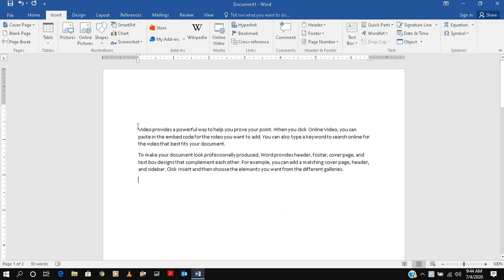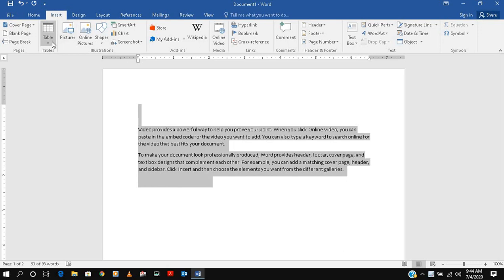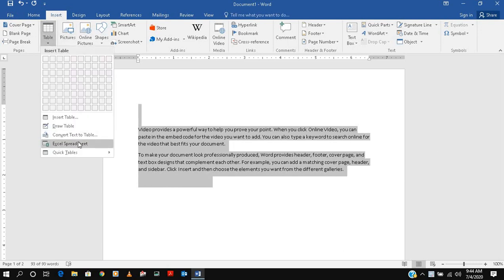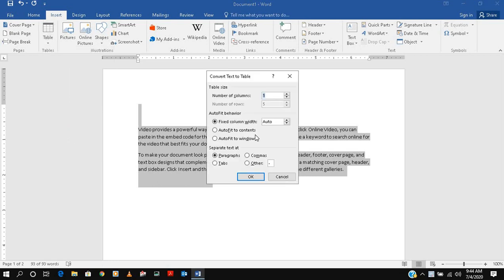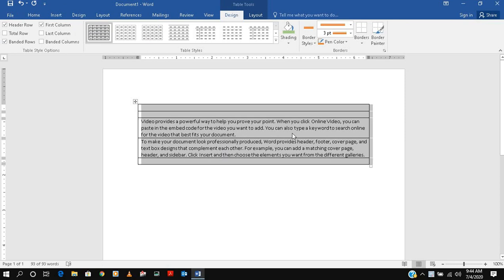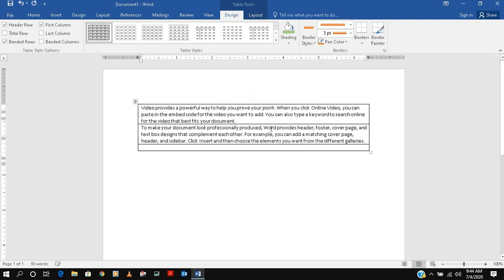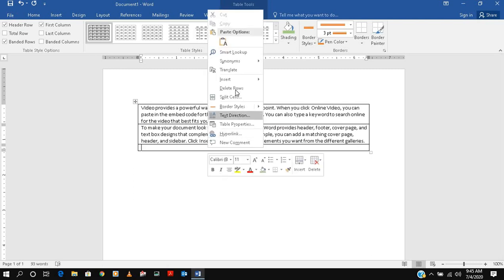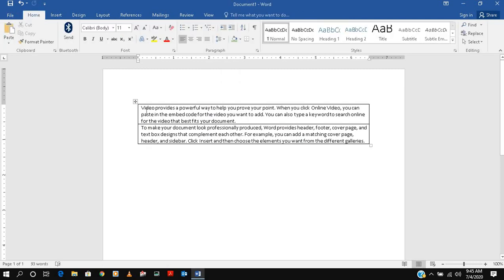What we can do is select this text, go into table, and convert text into table, and then go to paragraph and convert it. This is unnecessary, so we can delete it. Delete rows, you can also select this. It is there by default.